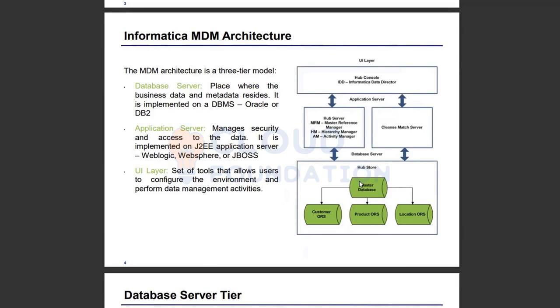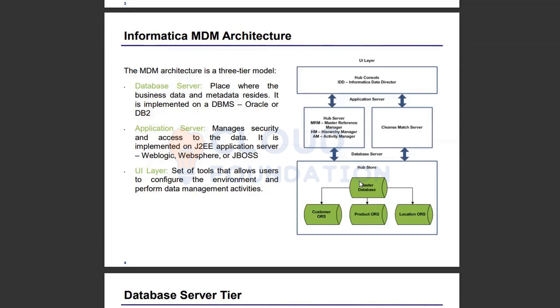One is the application server, which has the master, reference manager, hierarchy manager, and activity manager. All those functionalities will be handled by one single server. The second node is utilized for cleanse functions, match and merge, and all those kinds of activities, which we call the cleanse match server.